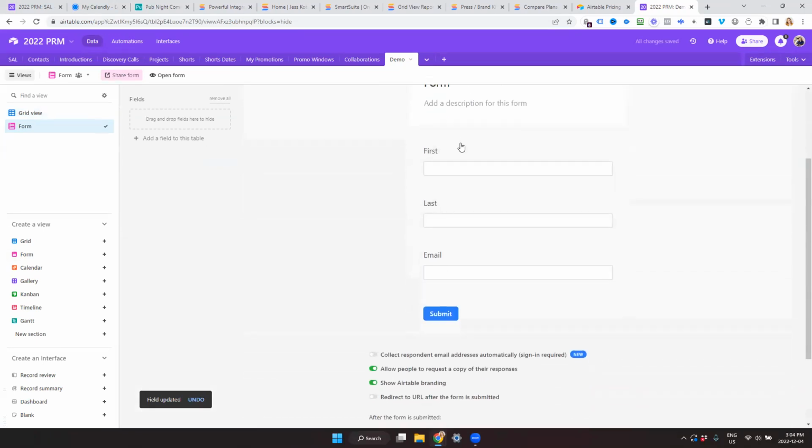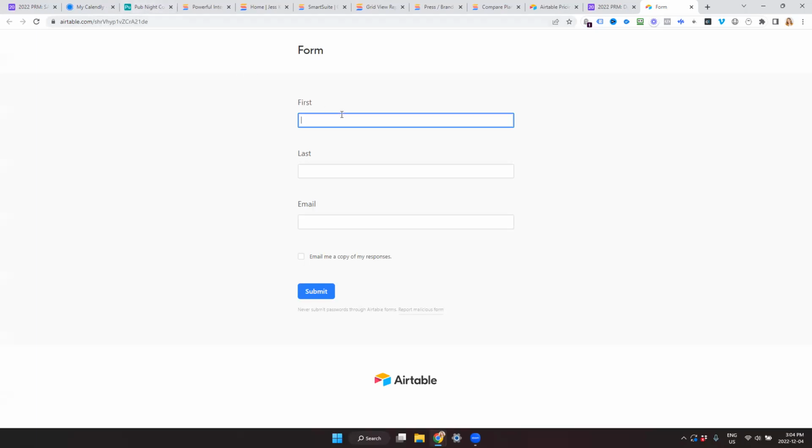And you'll see first, last, email. And the primary field didn't show up because it's a formula. You can't type anything into it. So now you can open this form. You can share it if you want someone to fill out information. So Jess Kotzer, hello at Jess Kotzer.